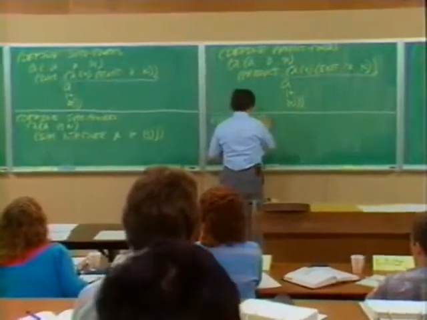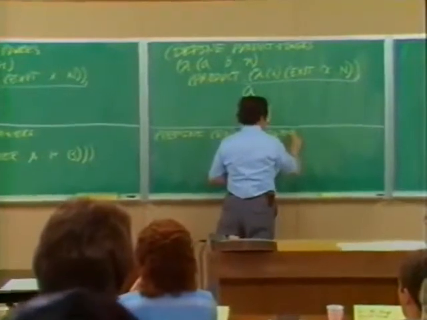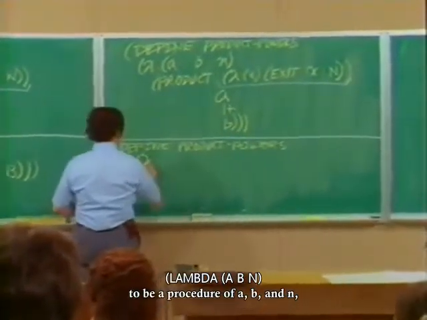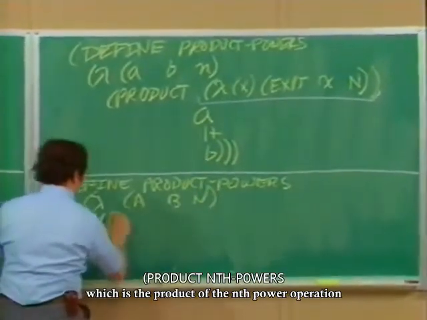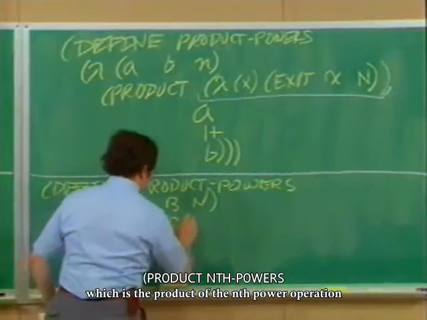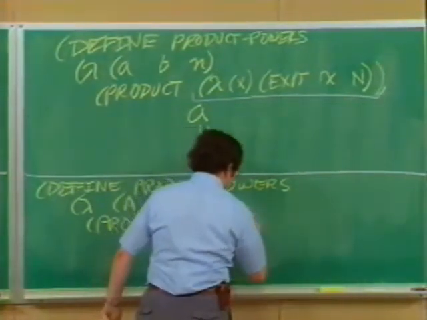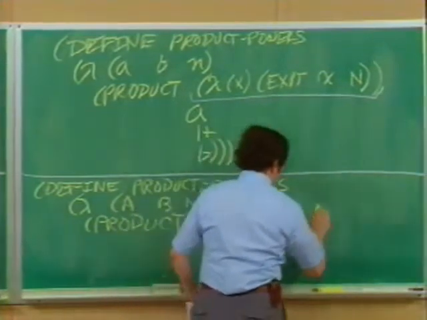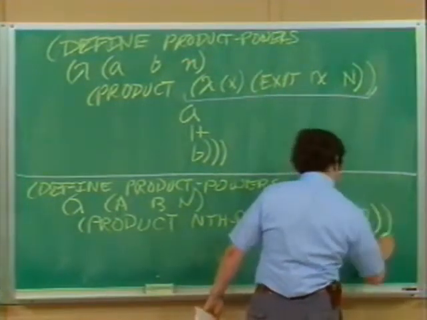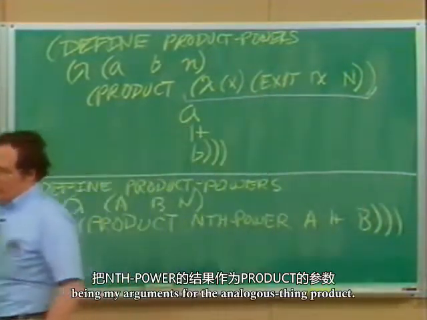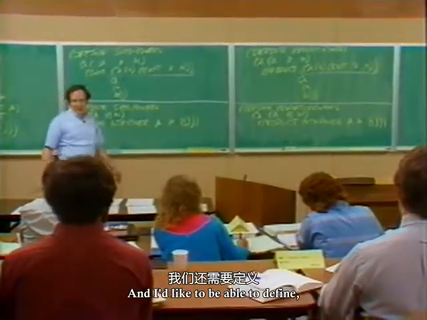Product powers to be a procedure of a, b, and n, which is the product of the nth power operation on a with the incrementation and b being my arguments for the analogous thing product. And I'd like to be able to define